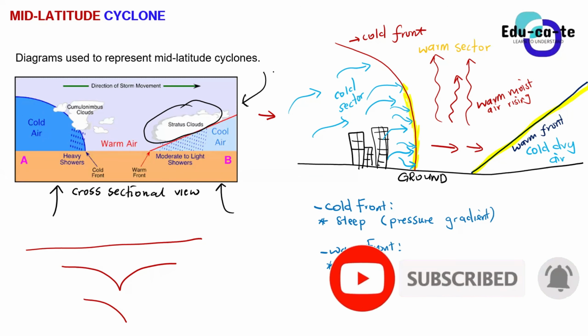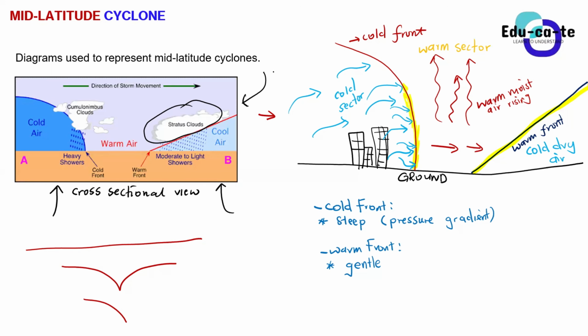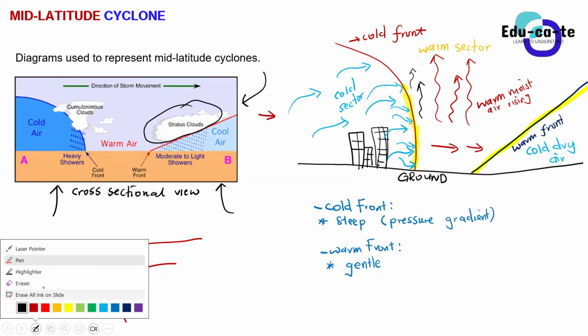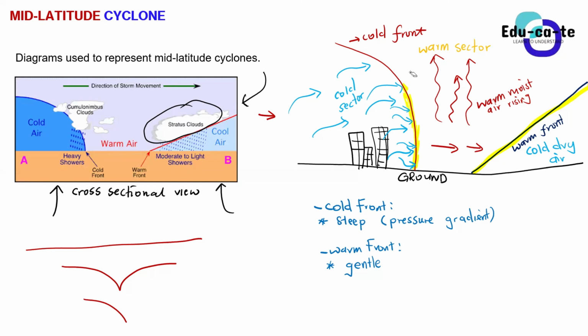Just to give a bit of translation there, this is Yangoba imagining why we are having cumulonimbus clouds. It is because there is some warm air that is rapidly rising here at the cold front. We have some warm, moist air rapidly rising, and the moment it reaches the upper atmosphere, it will eventually condense and form some clouds. But I would like to reserve that for another day, which will be our last session on mid-latitude cyclones. But I wanted us to understand the diagrams that we use to represent the mid-latitude cyclone.